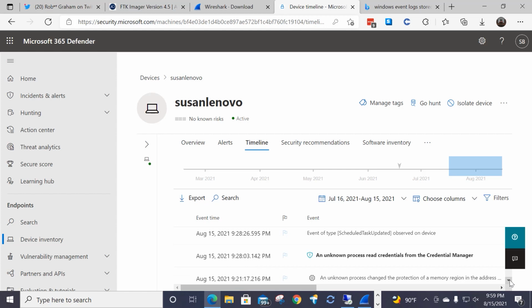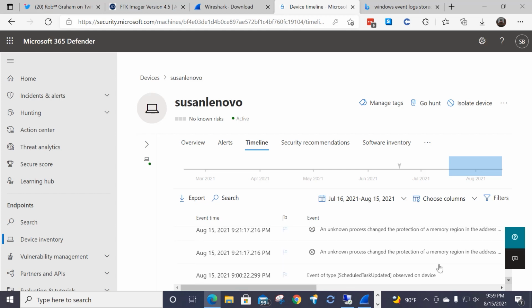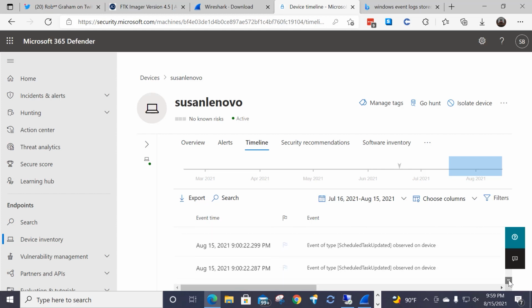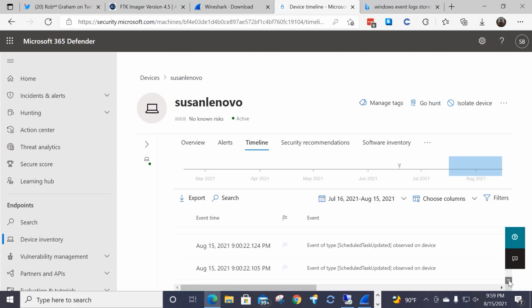And again, you have to see what is normal, because here you've got events that say an unknown process changed the protection. And for my machine, I know that's perfectly normal. I see it often. So establishing what is normal in your environment is key to really using forensics to your advantage and making sure that you understand nefarious things versus normal things.